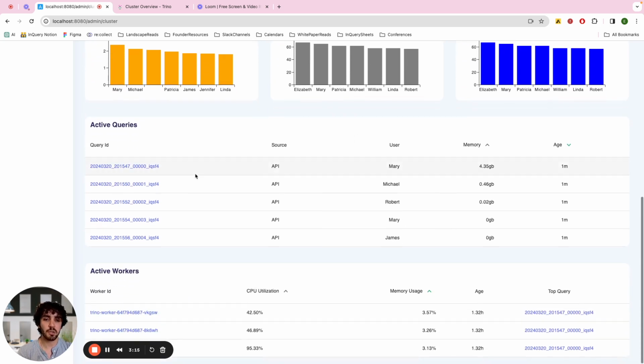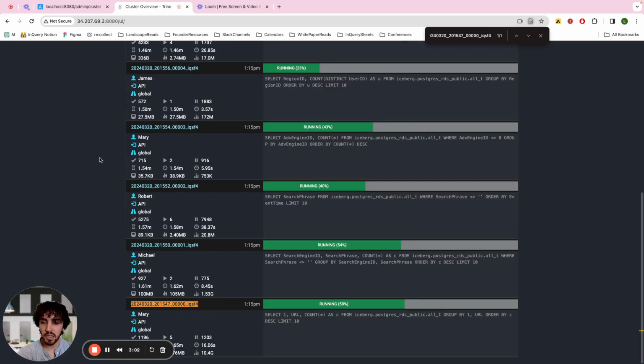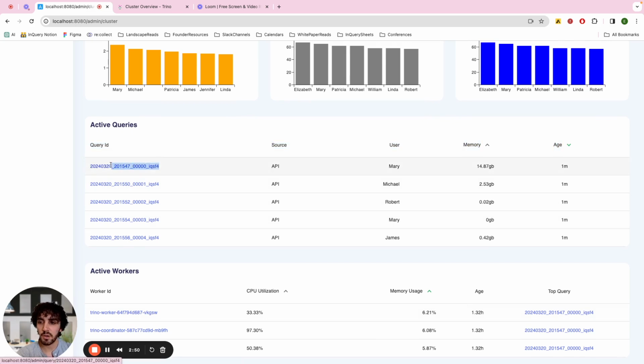Down here, what we're seeing is actually a list of the currently active queries sorted by age. So here we can see that we actually have this particular query being the longest running one. And if we go back to the open source UI, we can actually see Mary's query running here. So this is live. And we can also go down to the active workers and actually see that the longest running query also happens to be